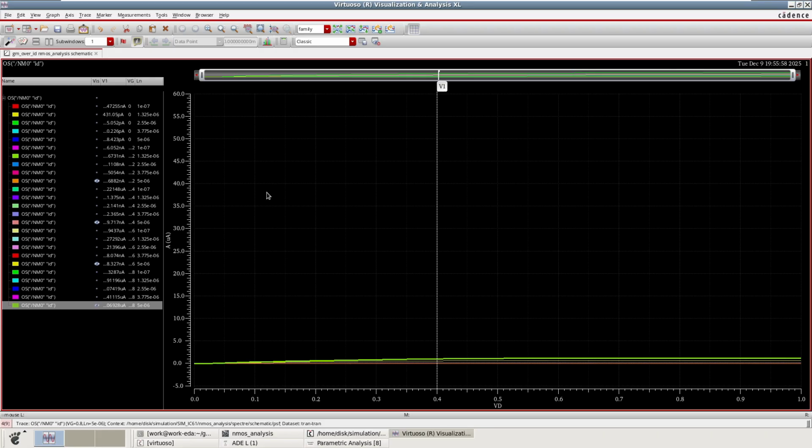That is, if you increase the length of your MOSFET, whatever the gate voltage, the current will be reduced. So this is the conclusion of this curve based on length and the gate voltage in the output characteristics